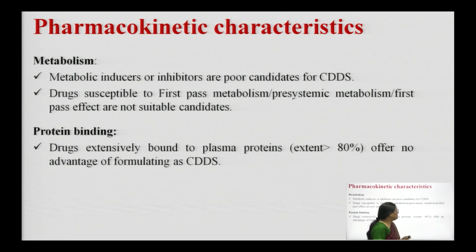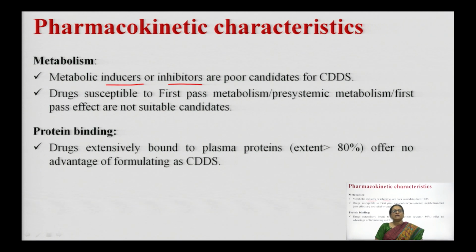So, the drugs which are metabolic inducers or inhibitors. Now, drug candidates themselves can be classified into two categories: metabolic inducers and metabolic inhibitors. Inducers are those drugs which can increase the rate of metabolism in the body by inducing hepatic, liver microsomal enzymes. Similarly, inhibitors are the drugs which will slow down the metabolism in the body by inhibiting the hepatic microsomal enzymes.